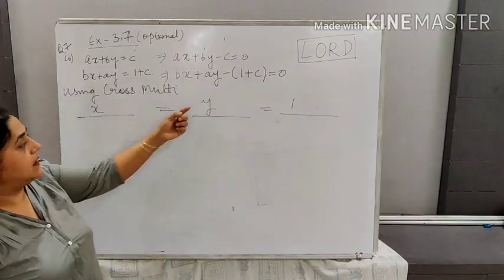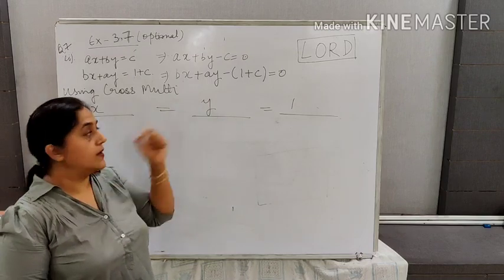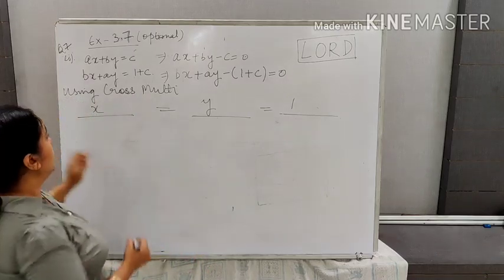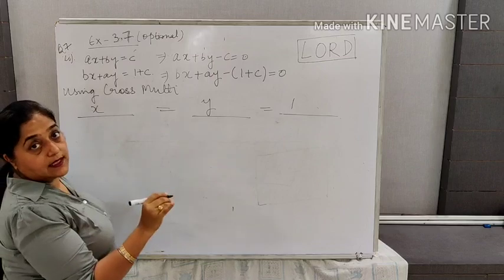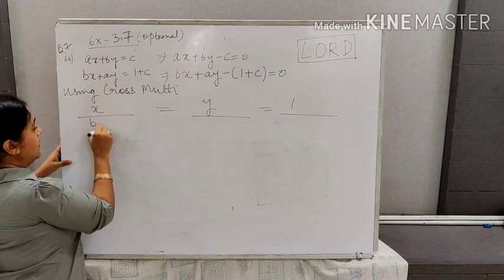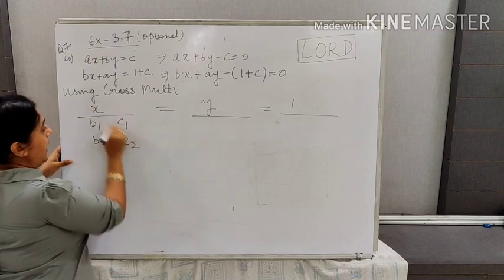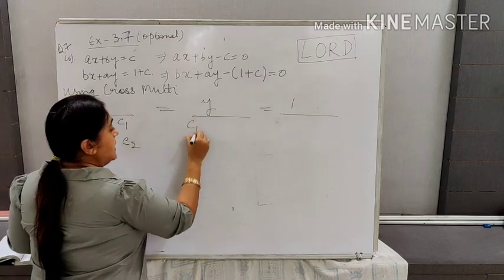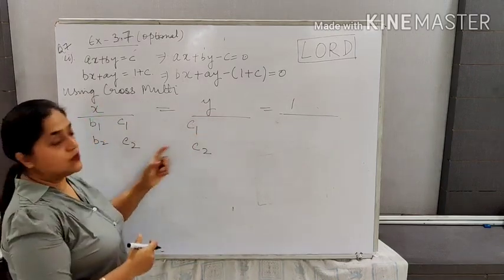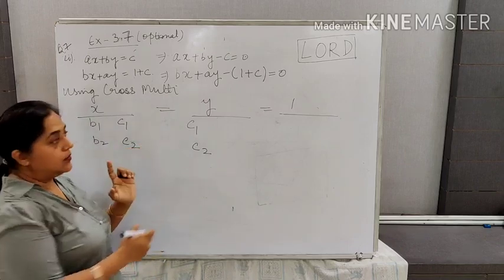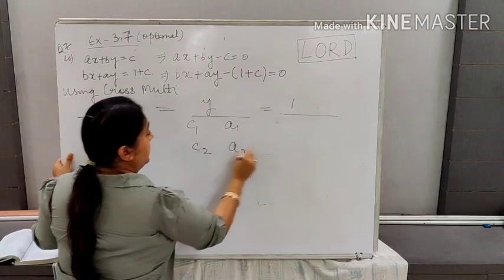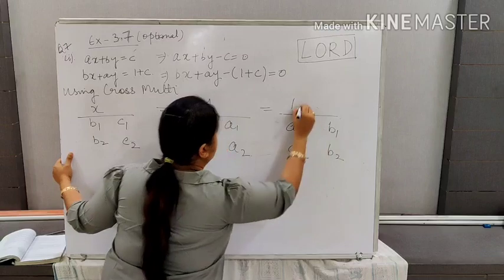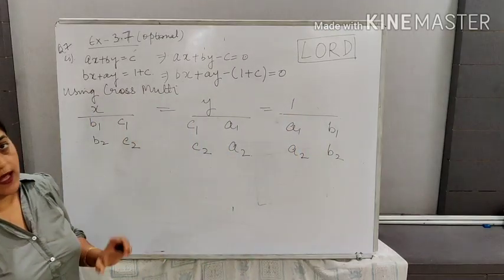In many books you will find that in some books there is a minus sign given here also. Nothing you people have to do; you have to follow the method. It is x upon. What should come here? B1, B2, C1, C2. Under x, the coefficients of x will not come. Now what will you do? You will repeat it: C1, C2. Under y, one C1, C2 has come from here. Next, the coefficient of y will not come, so it will be A1, A2. Again here it will be A1 upon A2. And what will come here? B1, B2. Because this is a constant, the constant terms will not come under it.